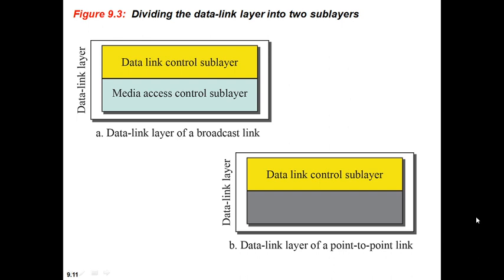The data link control, or the logical link control, is closest to the network layer. The LLC header will contain the protocol stack of the packet. For example, if you are on a TCP/IP network and request access to a resource, the logical link control sublayer will identify that the network layer protocol being used is IP. The logical link control sublayer deals with all the issues common to both point-to-point and broadcast links. The media access control sublayer deals only with issues specific to broadcast links.